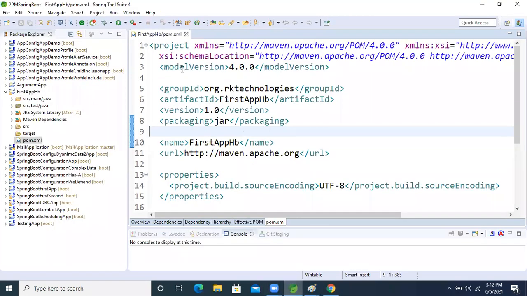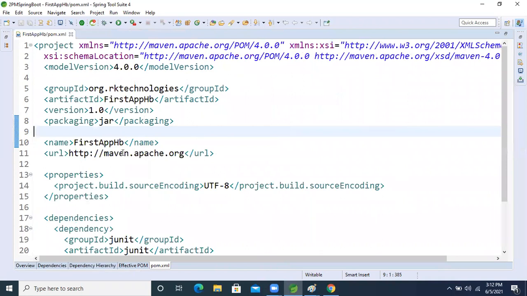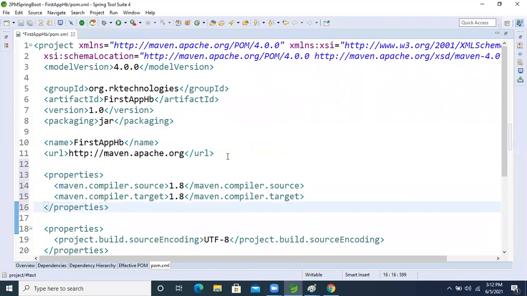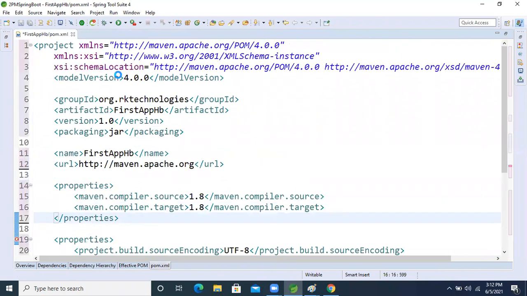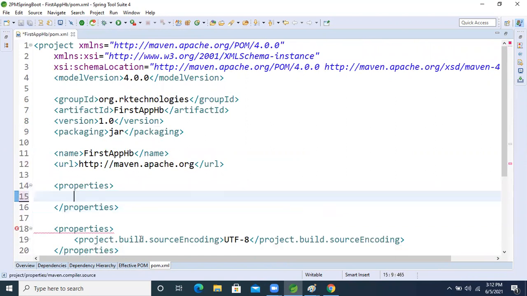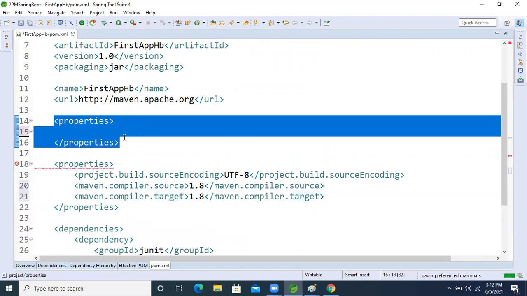So here, on the top, I'm pasting that one. It will change our Maven compiler. Fine now, guys. Next, the property is already there, right? Yes, two times we have the property. So we will take this property and put it inside here. I'm pasting now, and one property we will remove.